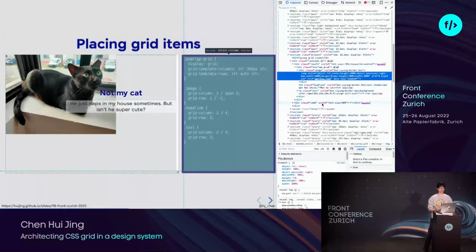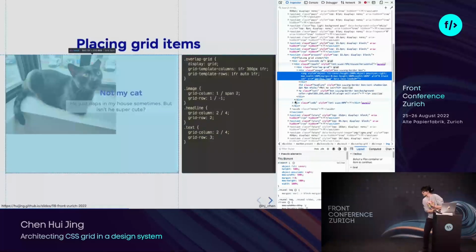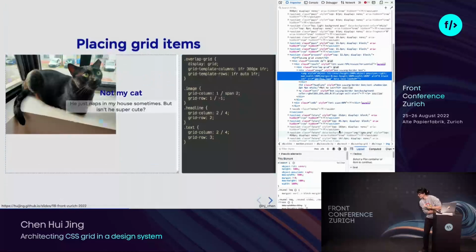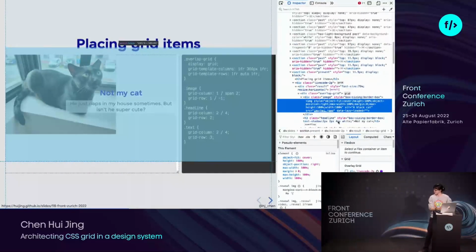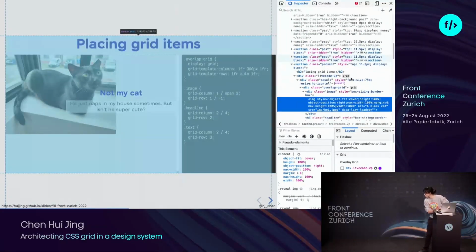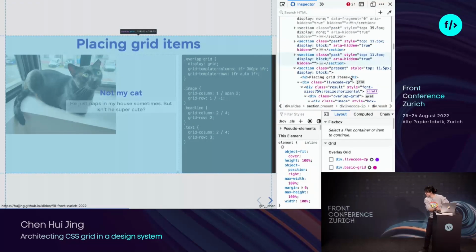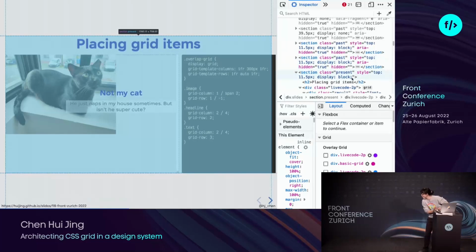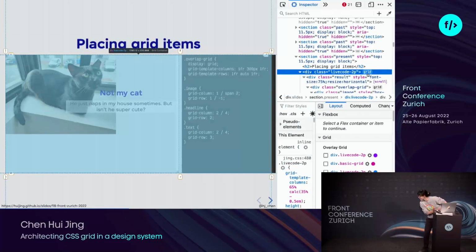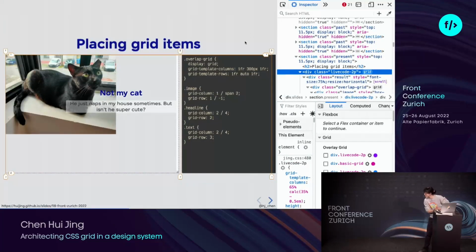For what it's worth, I'm using Firefox right now, but Chrome and Safari also have their own version of the grid overlay. So I'm really happy that all the browsers have kind of tried to achieve parity, so you can do the grid overlay in your browser of choice. As you can see, I'm stalling for time because my eyesight is so bad, I cannot see anything. There, okay. So if I turn it on,